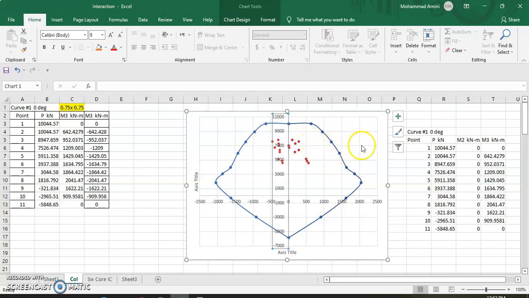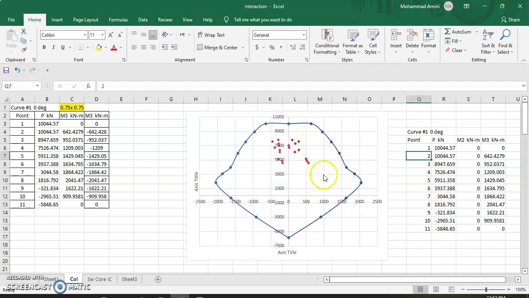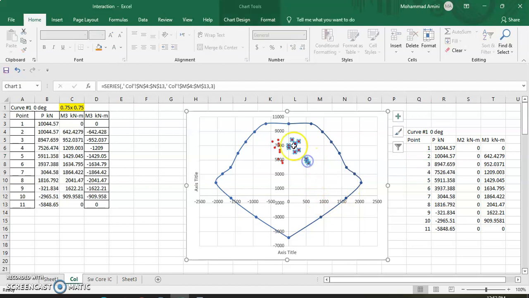For example, we have drawn these capacity graphs for a column and it is showing the internal forces are inside,